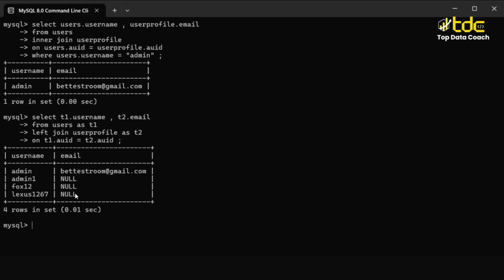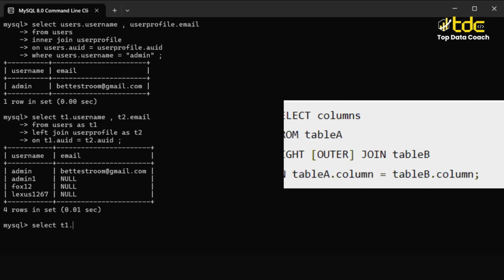So this is what I was telling you when I said that if there are no values, you will be shown null. So I hope left join is clear to you. Now, let us apply right join. Same way, I'm using the right join,